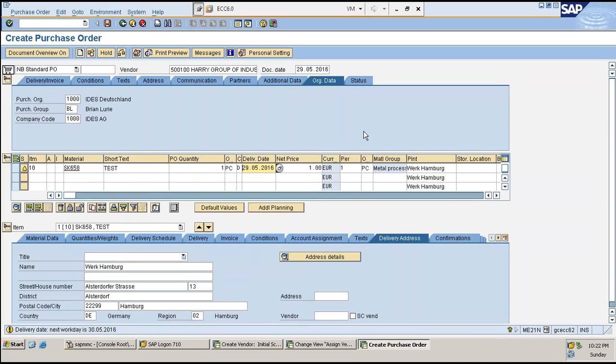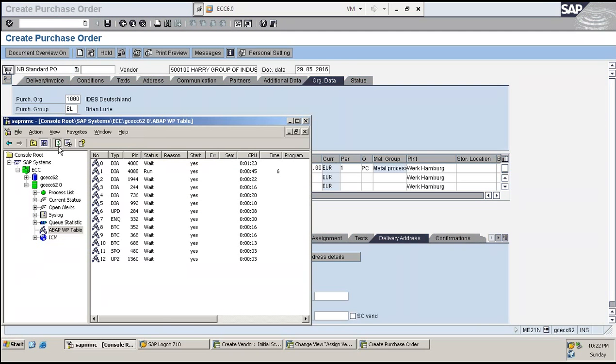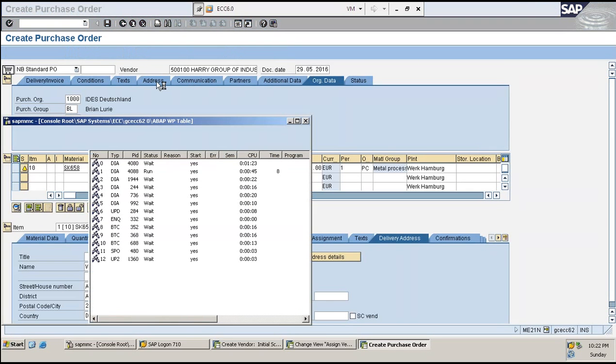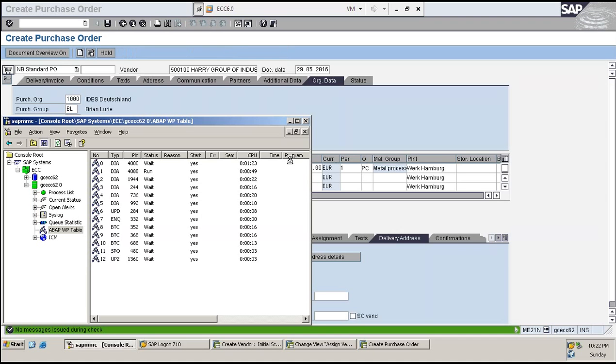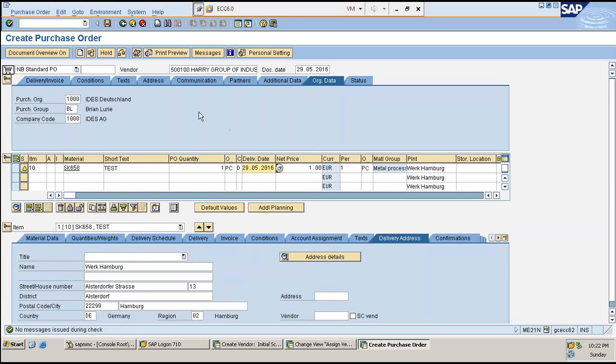Okay, we have it. Click on check. There will be no issues as such. See, there are no messages.